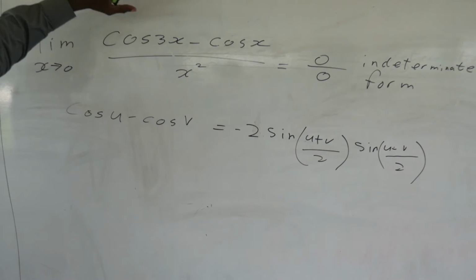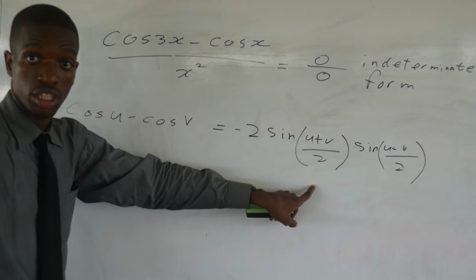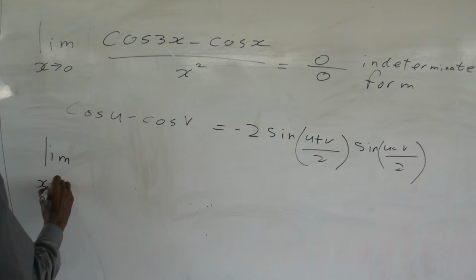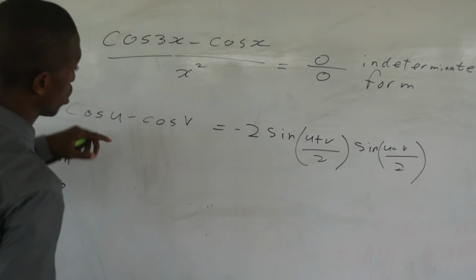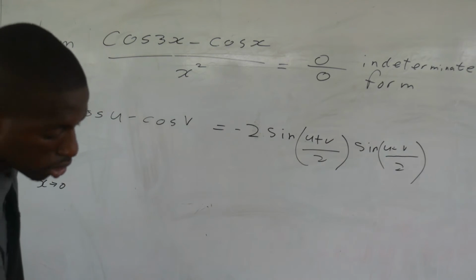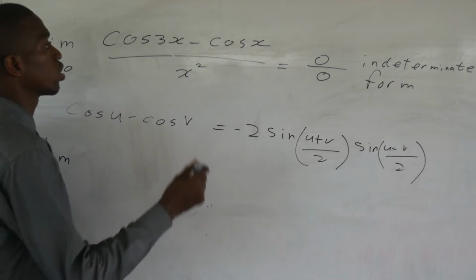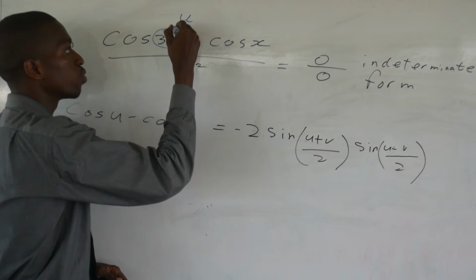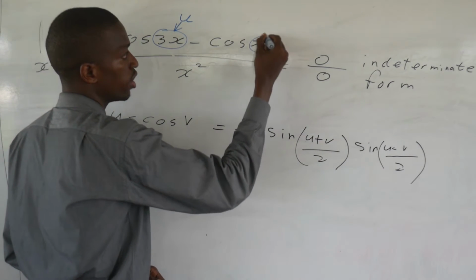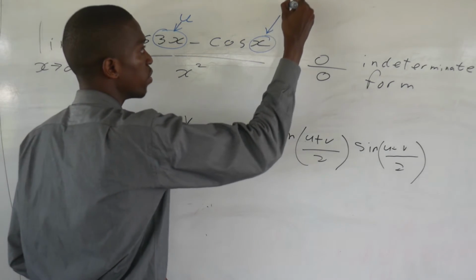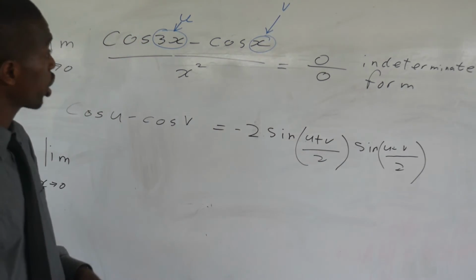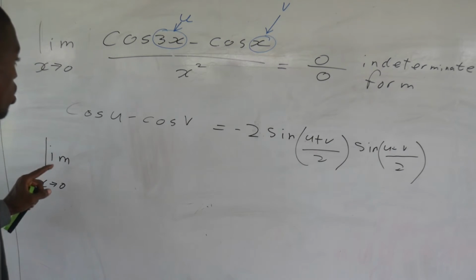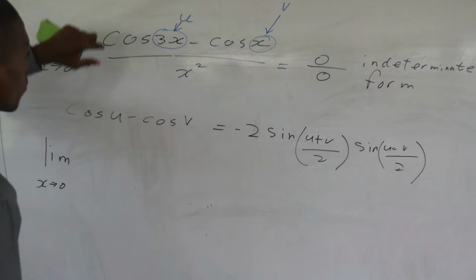Right, so we're going to convert this into this. How do we do such? In this case, cos of u, this is our u, this is our v. So translating this to this, we would have the limit as x goes to 0 of